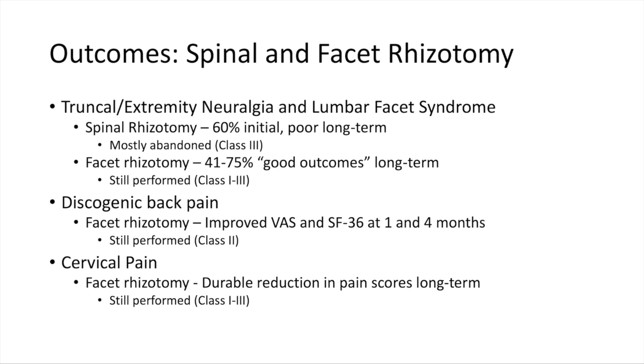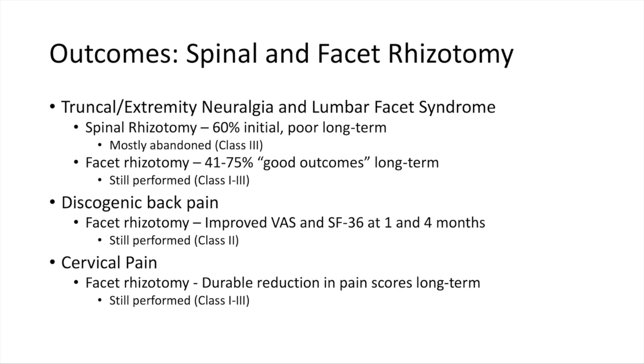Of the remaining 15 papers, 5 are prospective in nature. Proportions of patients with good outcomes varied from 41 to 75% in long-term follow-up. The remaining 7 series are classified as Class 3 studies and reported long-term success rates of 40% to 60%. One randomized controlled trial evaluated the effects of RF lesions of the ramus communicans for treatment of single-level chronic discogenic back pain.